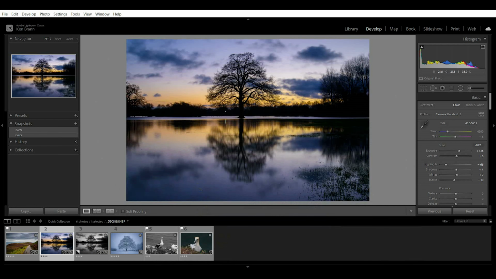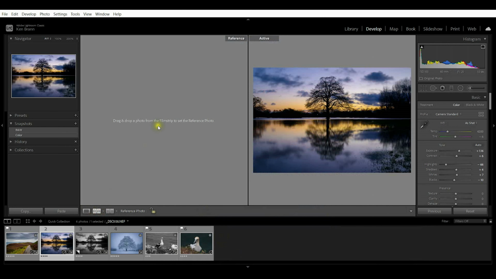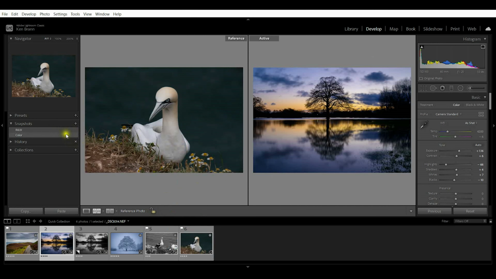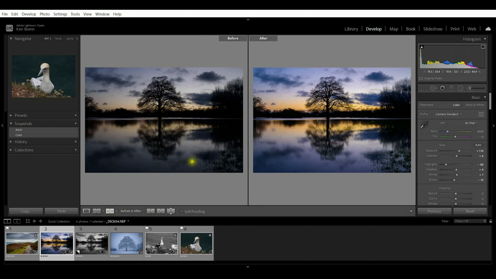Now, some of the limitations of the snapshot: if I'm in Develop here and I open up the reference screen, I have no way to drag a snapshot into a reference screen. So I can drag other pictures into the reference screen, but I can't pull the snapshot over. Now, having said that, I can click on the before and after view. And this is my original image, so this is what came out of the camera, and this is after post-production. But I've got these